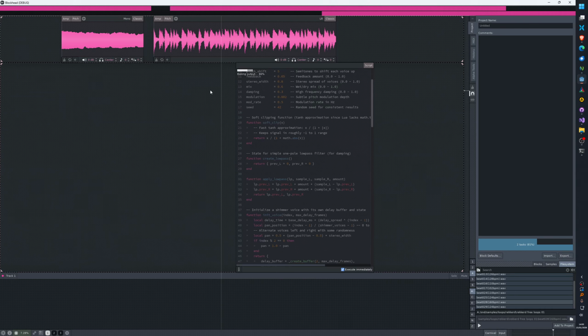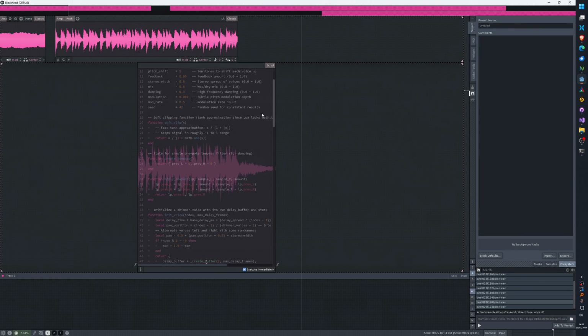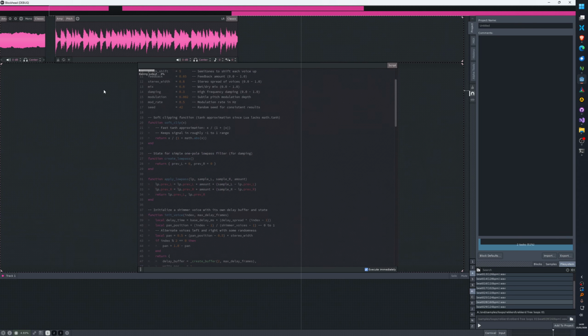There's no way it's going to sound good. Hold on a second. This is in debug mode, so it's going to take like 10 times longer than it normally would.